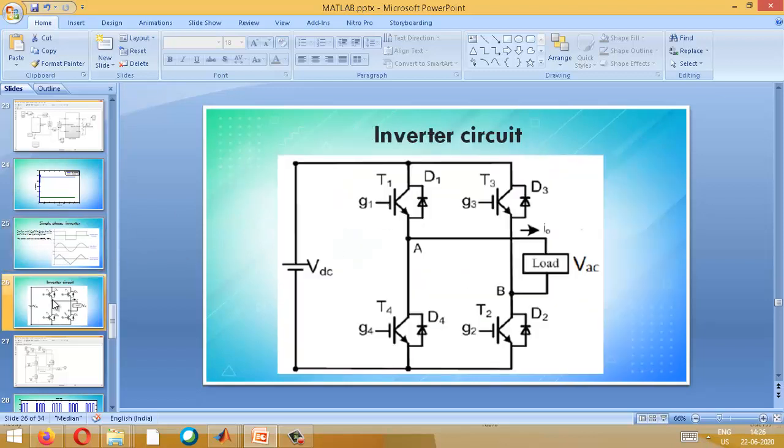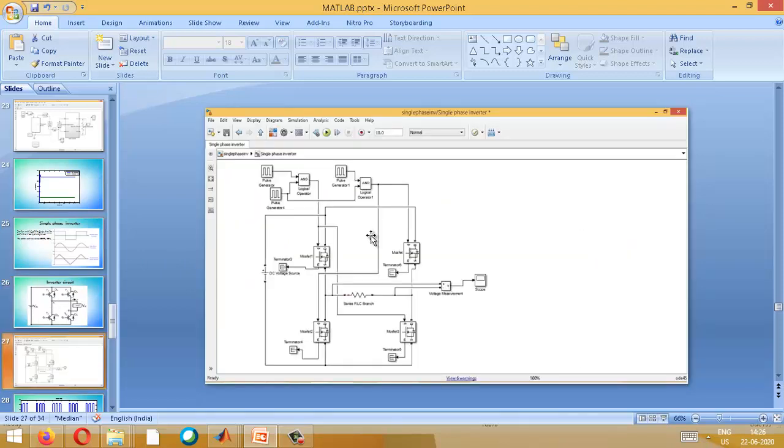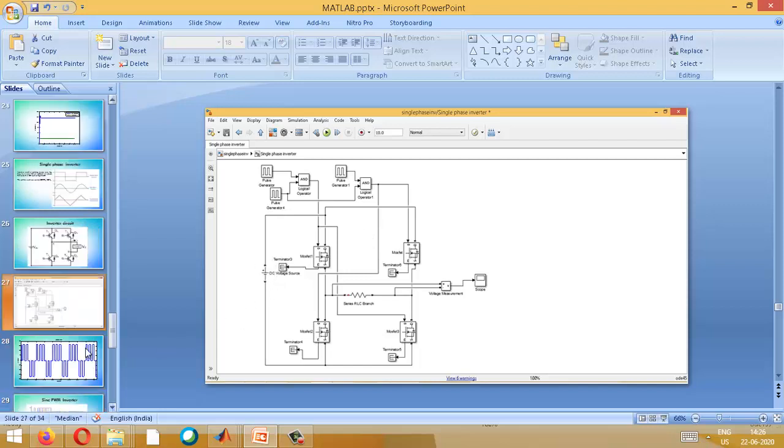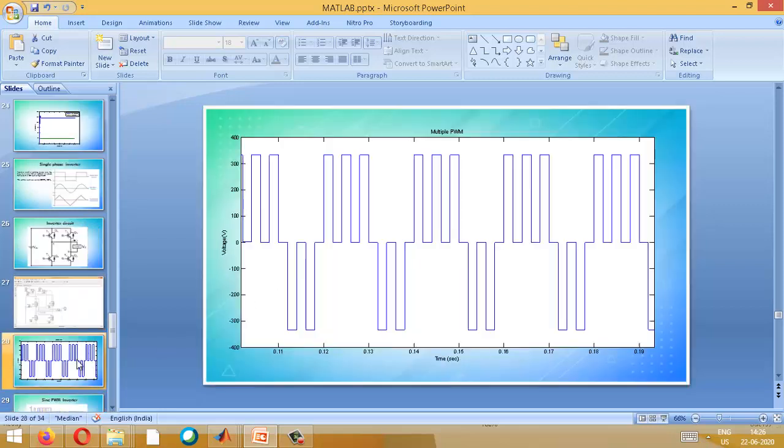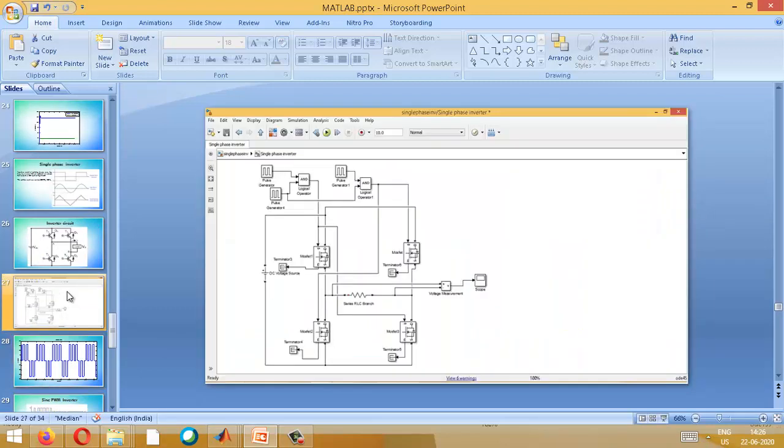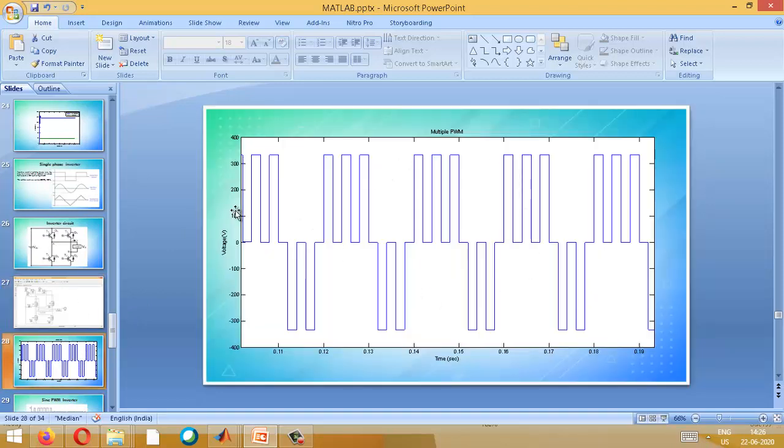So first of all, we started with a single phase inverter circuit. Again I have done it in MATLAB. This is not connected from your solar. Initially I have just shown you, it will get a square pulse. This type of inverter is a square wave inverter, a multiple pulse square wave inverter. So that is the output you can see here. Okay, that's good.